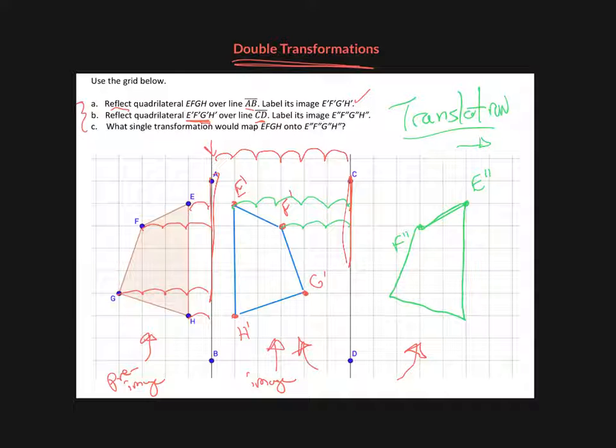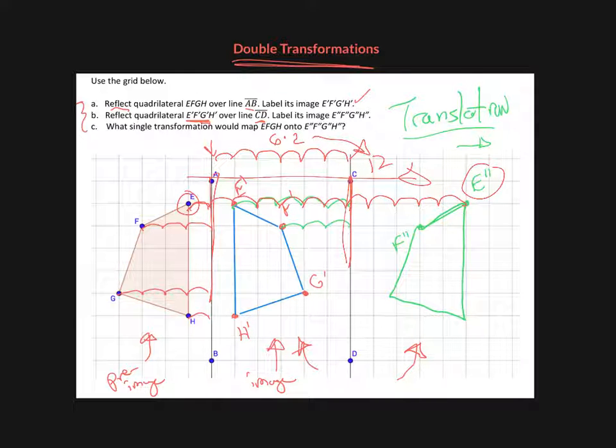Now let's see how far it takes to go from E all the way to E double prime. 1, 2, 3, 4, 5, 6, 7, 8, 9, 10, 11, 12. This is 6 units, and that whole distance across was 12 units. Coincidentally, 6 times 2 gives us 12. So a translation of twice the distance between the two reflected lines is the number of units. So a translation to the right, 12 units, or a little more slick way to write it is